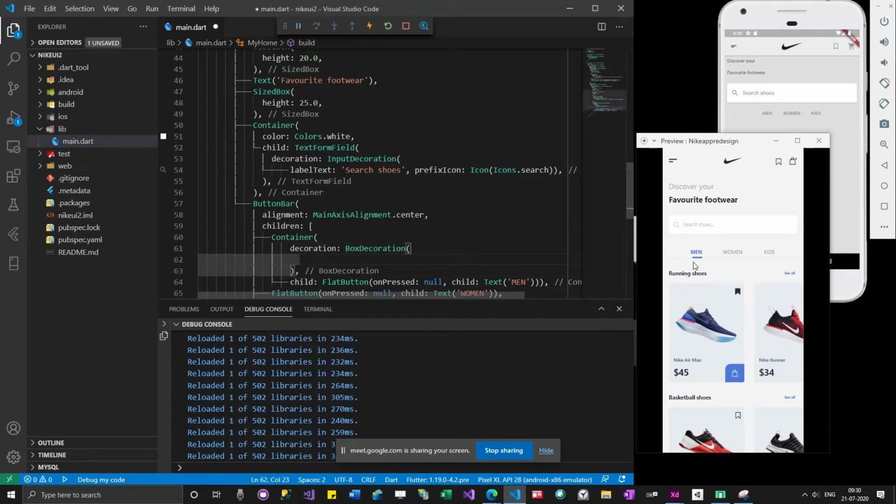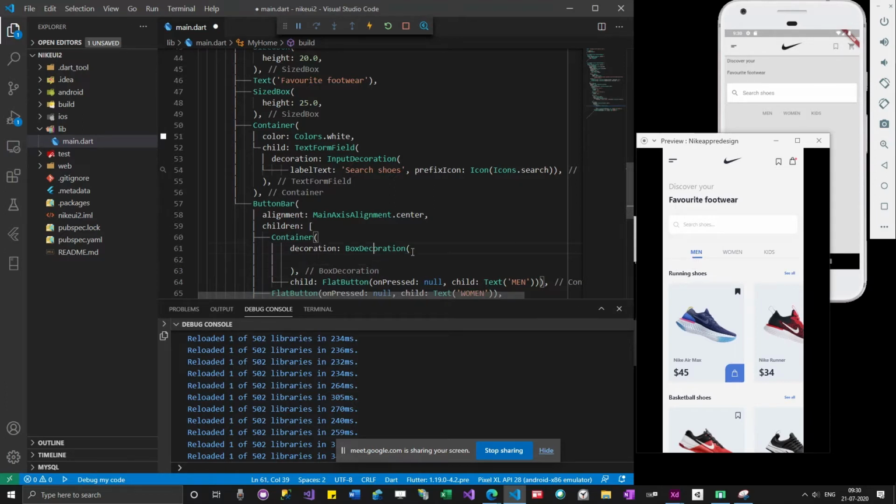This underline shown here, if you take a rectangle, three sides of the rectangle are not colored and only one side is colored. So it's like we are adding a border to only one side of it.